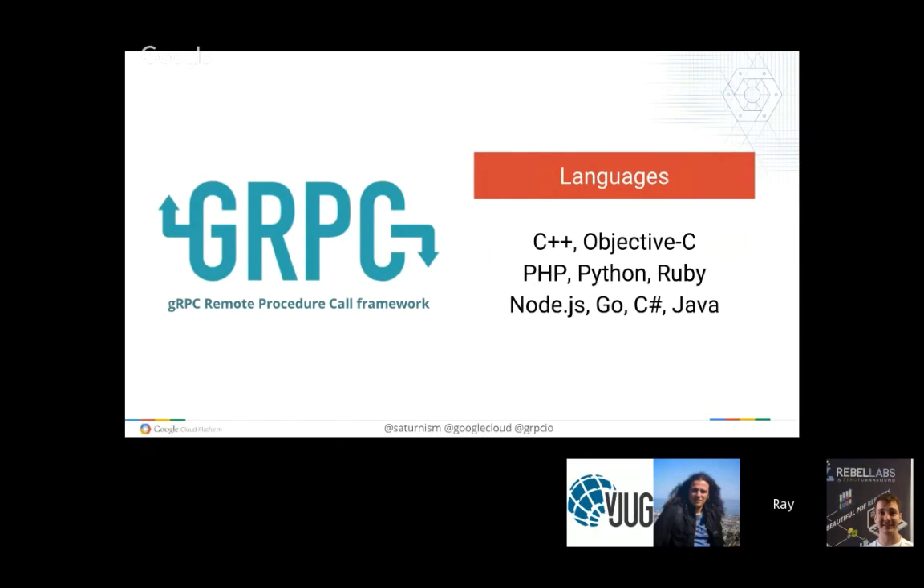It supports today 9 different languages, but I want you to pay attention to 3 of them: Objective-C, C#, and Java. Now, aside from PHP, Python, Ruby, Node, Go, and C++, these 3 are pretty interesting because these are also the languages that are used for mobile platforms. So gRPC can also run on mobile. So you can actually run a gRPC client on the iPhone, Android phones, or the Windows phone by using